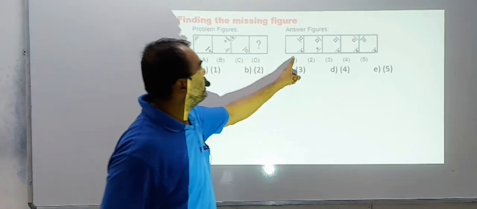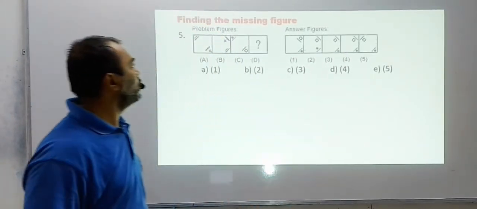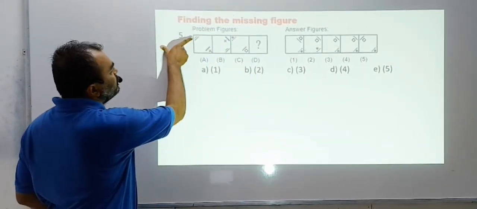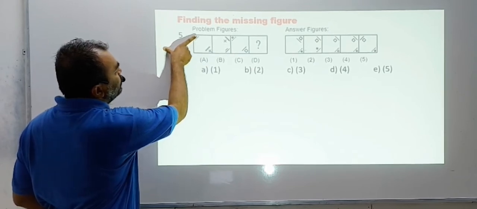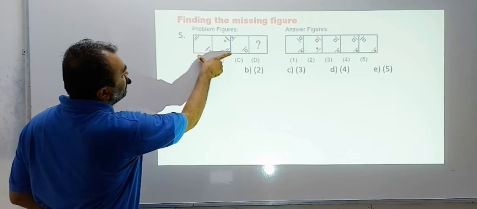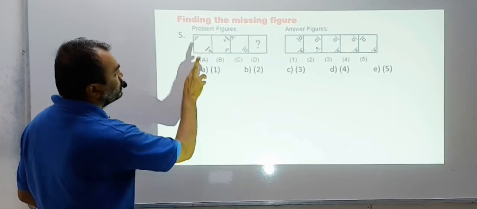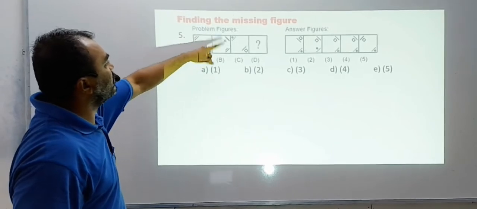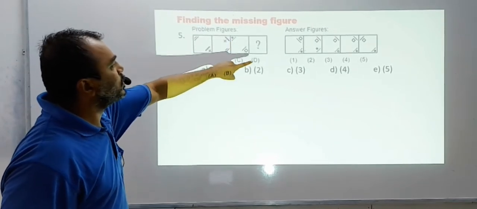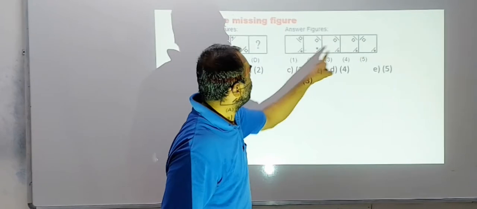So we have got 1, 4 and 5. 3 options. Can you see? Again the explanation, the small line towards the corner, the bigger line outside. Here the bigger line towards the corner, the small line outside. So the places have to be interchanged in both the cases. Even in this first case and the second case. So this black dot should come towards the corner. So we have got 4, 5 and 1.